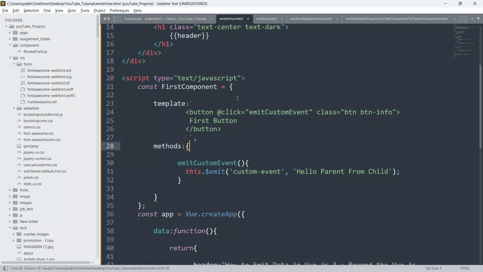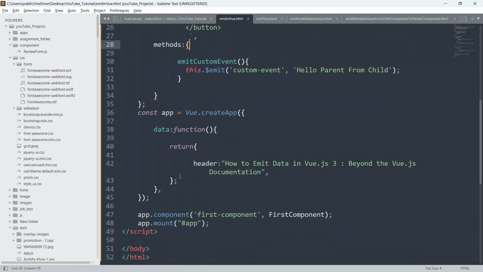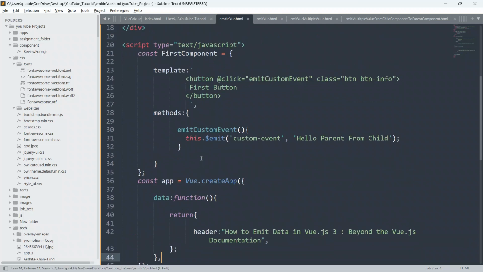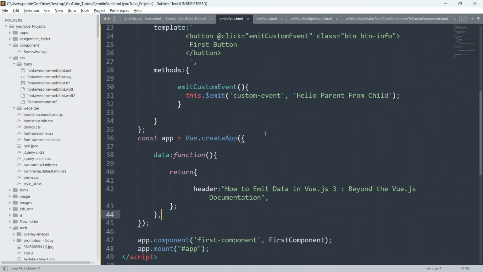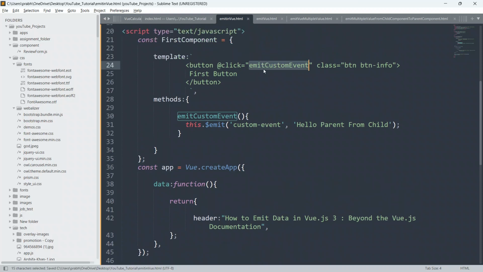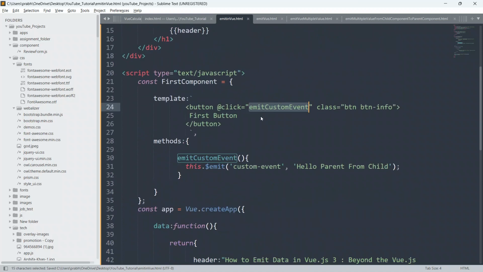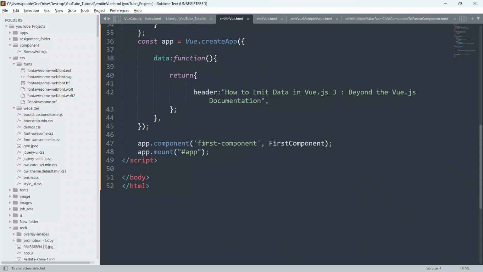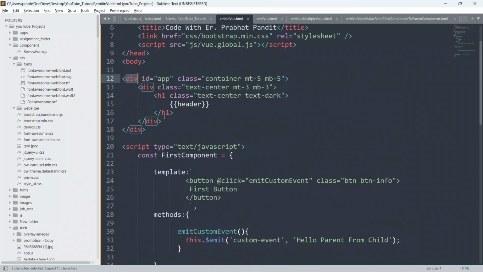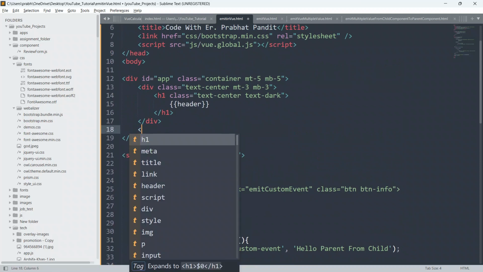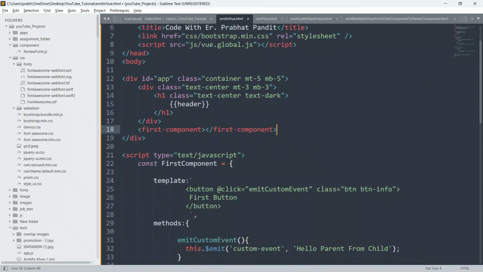So just copy this. First of all, below this, so just copy this component from here, and inside the parent component, inside this div with the id app, we will paste it and just close this.